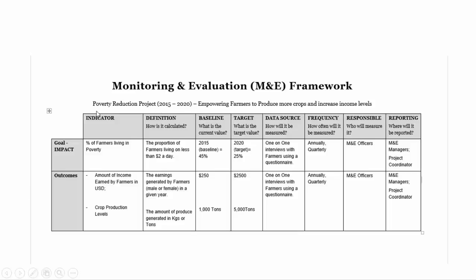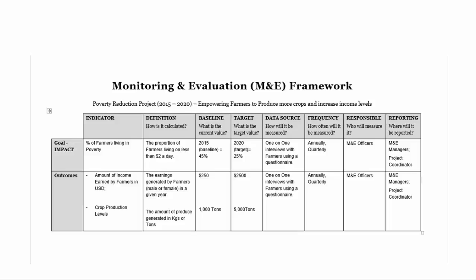And what they are talking about here, they've given an example of a poverty reduction project. This poverty reduction project, as most poverty reduction projects have been designed, is meant to reduce the number of people living in poverty. Now, to get this information, the M&D framework will explain to you who is responsible for collecting what and how